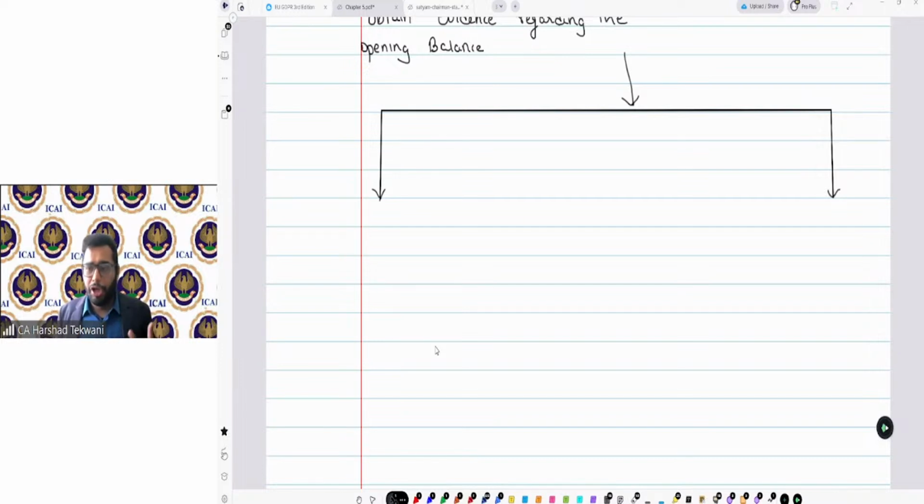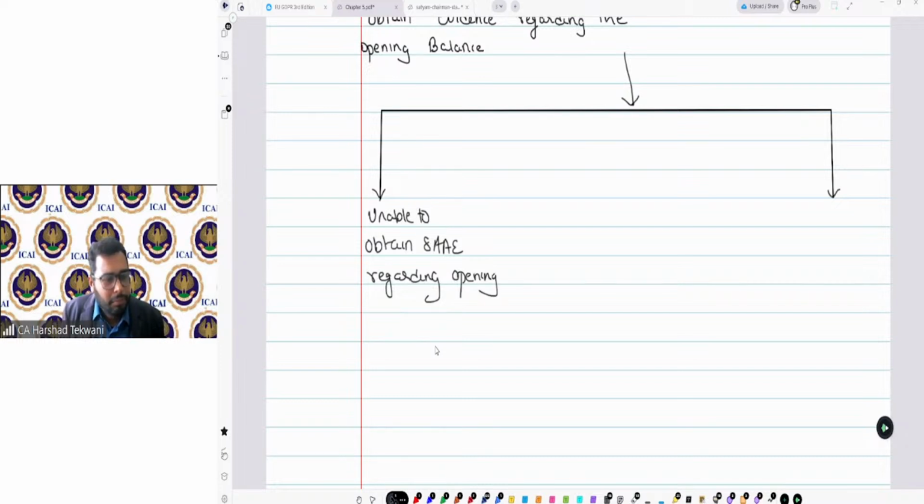I'm not talking about the everything-is-fine scenario. One, I'm unable to obtain sufficient and appropriate audit evidence regarding the opening balance. Second, the opening balance contains misstatement.